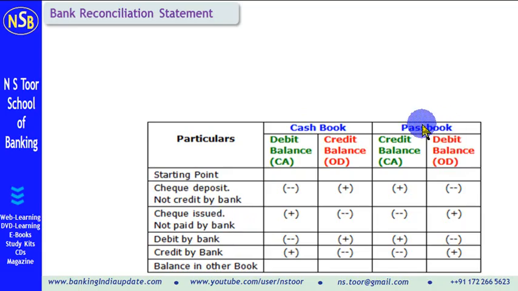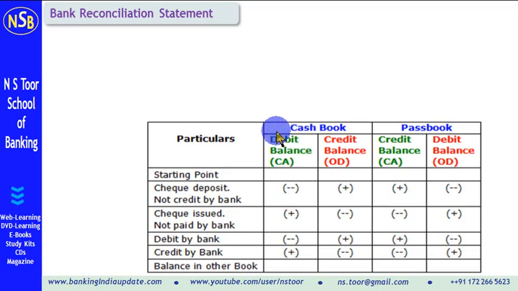But in the passbook, that entry comes after some time. And in between, it is just possible the firm may have to close their accounts, say as on 31st March. So it is possible that some entry has been entered already in the cash book, but that is not appearing in the passbook. So broadly, four types of entries can be there. The first two entries where the firm is debiting or crediting the bank account, and next two items where the bank is debiting or crediting the party's account.